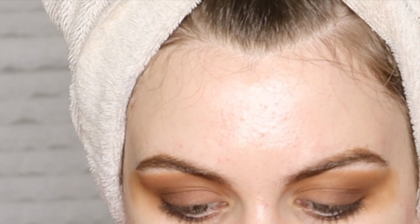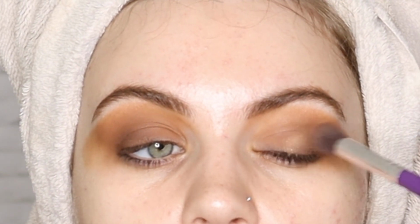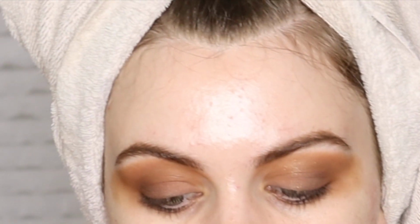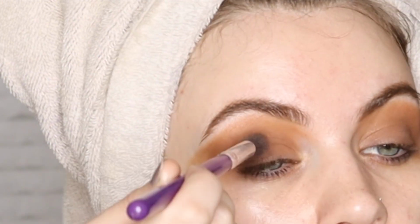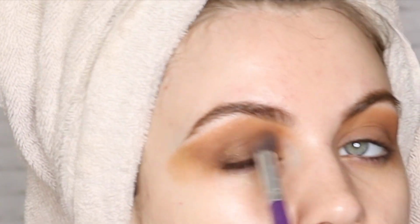So I'm gonna dip into Soothe sequin and just start at the base and then slowly pull some of that shade up. I don't know if you could tell, but it kind of added almost a wet look, but not really. I don't know how to describe it, but kind of makes it look more glamorous and high fashion, if you ask me. I'm gonna use my angled liner brush and wet it with some water and line my eyes,